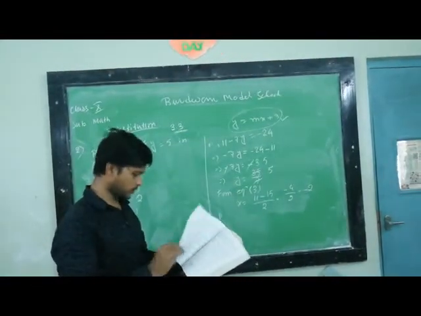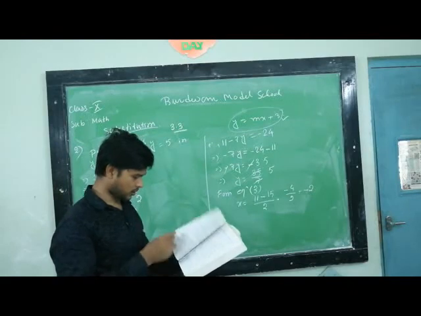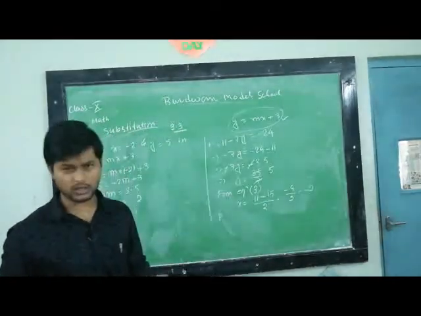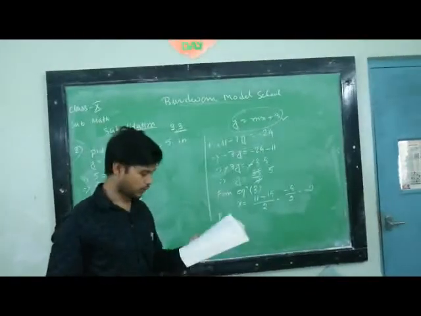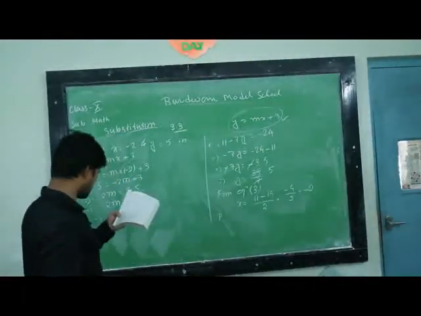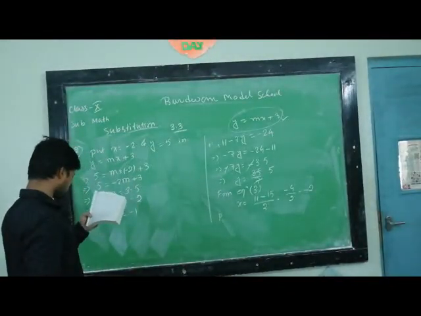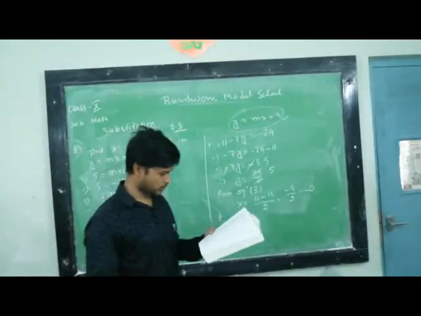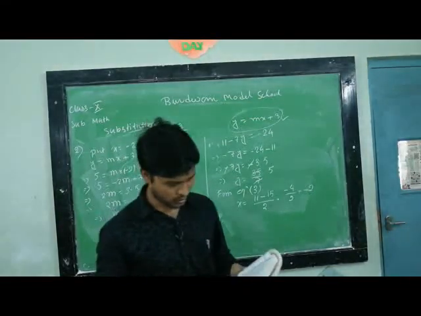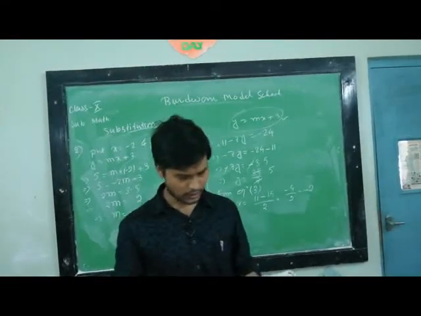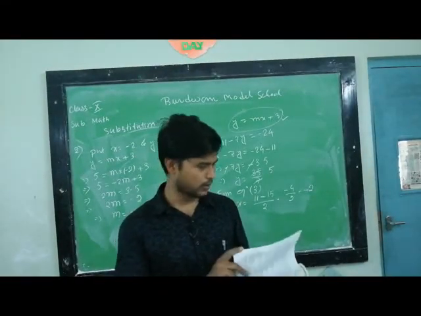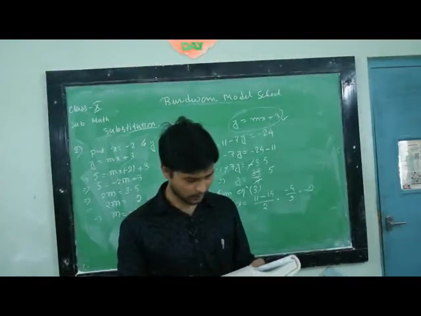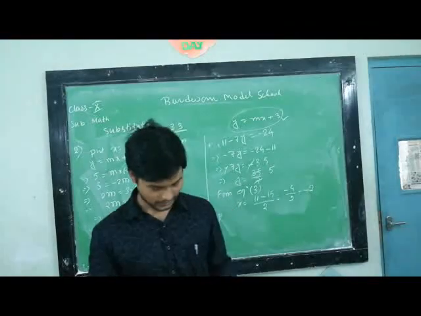Now in question number 3 there are 3, 4, 5, 6 questions. We'll solve 1 or 2 questions and the remaining will be homework for you. Okay, do one thing, you just solve up to question number 2. In the next class we will continue the remaining portion of the chapter, and hope next day we will complete this exercise. Okay, thank you.